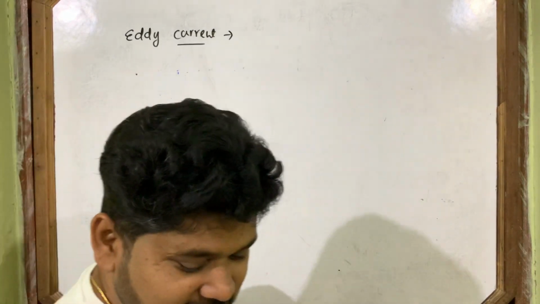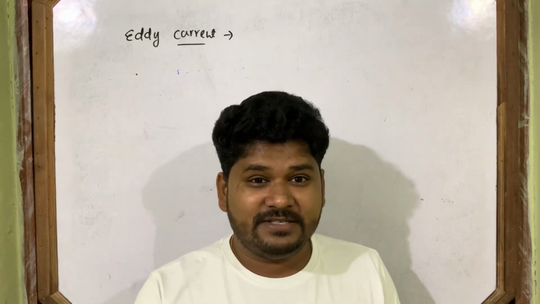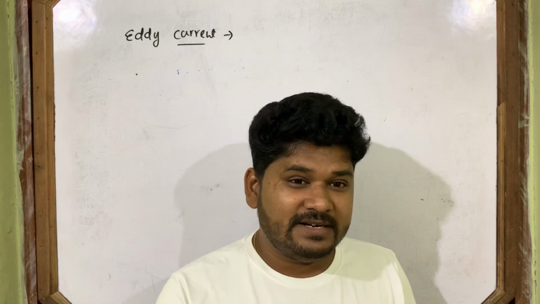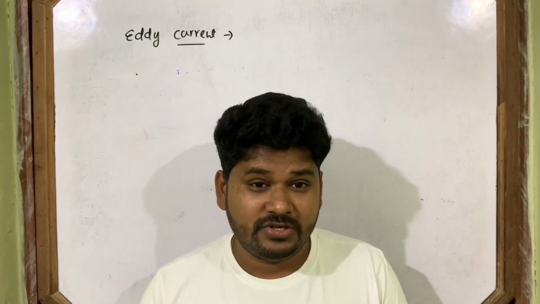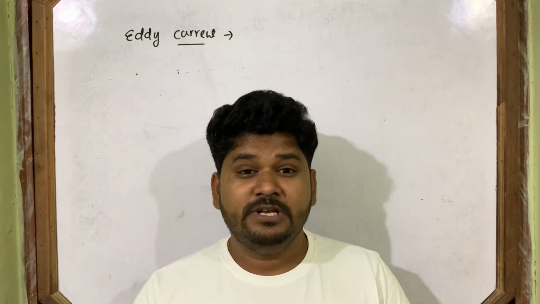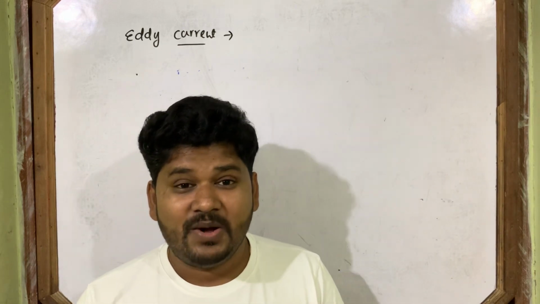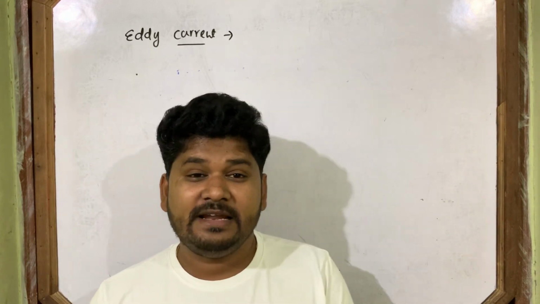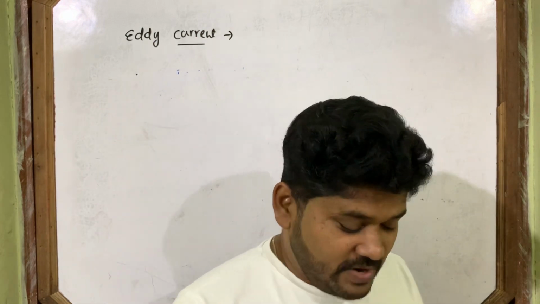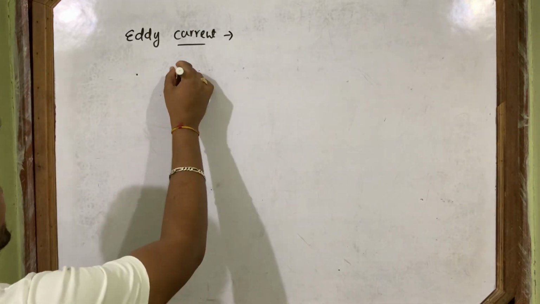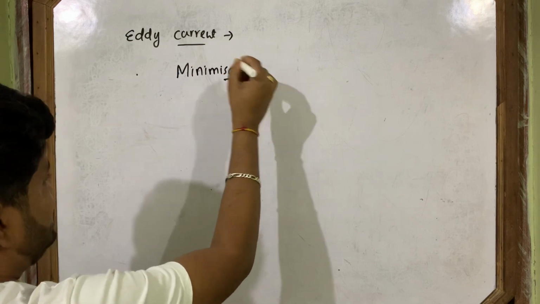We are discussing this similar to friction in class 11th. In friction, we first discussed advantages of friction, then disadvantages of friction. After that, when we saw some disadvantages, we discussed how to minimize them. The same thing we'll discuss here: how we'll minimize eddy current where it is not required. Now we'll come to the methods of minimization of eddy current.